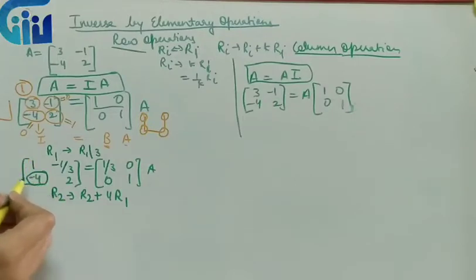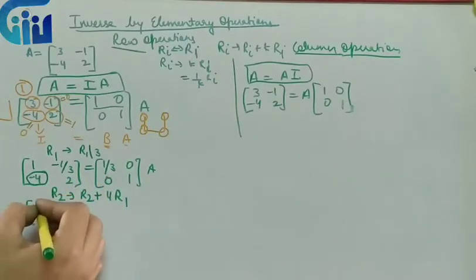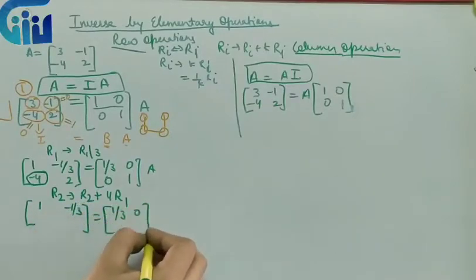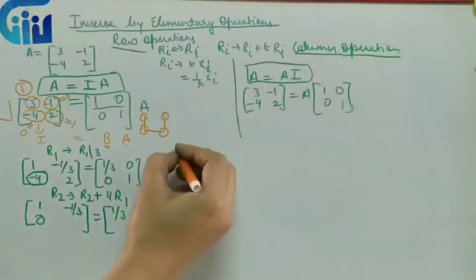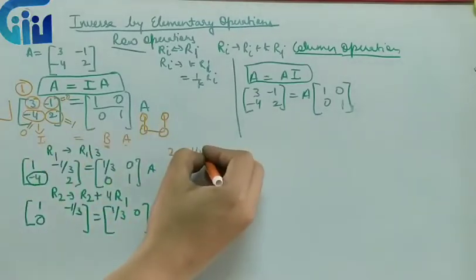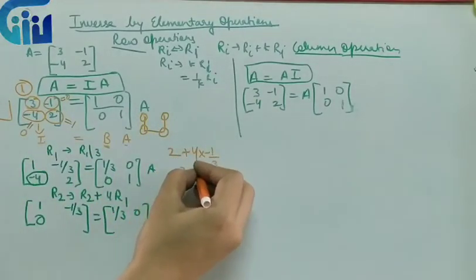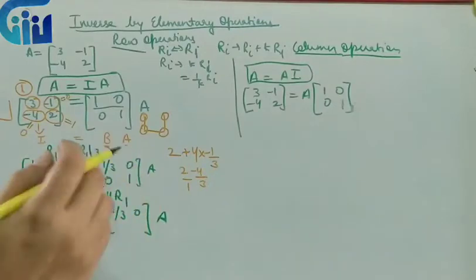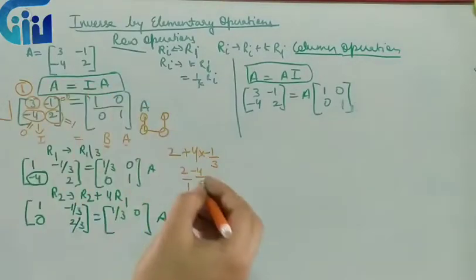Whatever changes are made in R2 will be applicable for all the elements of R2. So over here my R1 will be as it is, exactly the same. So I will quickly write my R1 exactly the same. Then for R2 this we have thought of as 0, so I will write 0. Now for the next element, R2 is 2. So I will write 2 plus 4 times R1. What is the corresponding R1 for this? Minus 1 by 3. So 2 minus 4 by 3, if I take LCM, 6 minus 4, that is 2 by 3. So I will write it over here as 2 by 3. Next element is 0. So I will write 0.